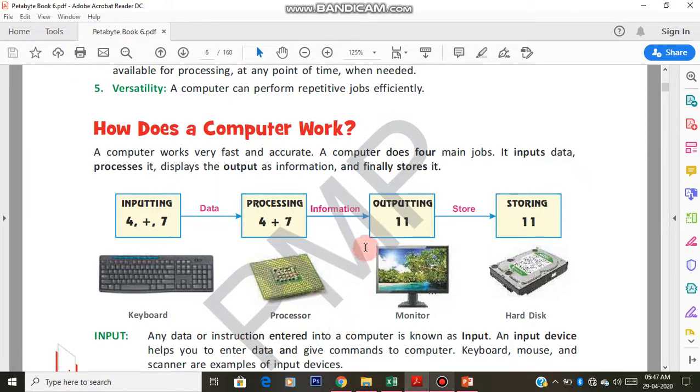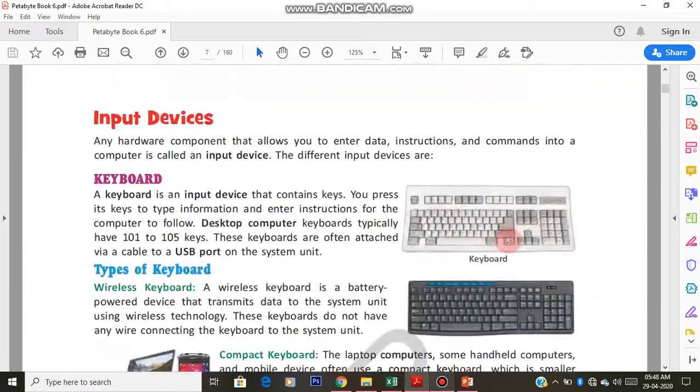And we have also seen the output devices such as monitor, speaker, projector, all these things, right? So this unit we have completed, and this part also completed. Now we have to learn what are the devices we use for processing and what are the devices we use for storage purpose. Okay, so these are the two things we are going to learn today, right? So let me go to that page.